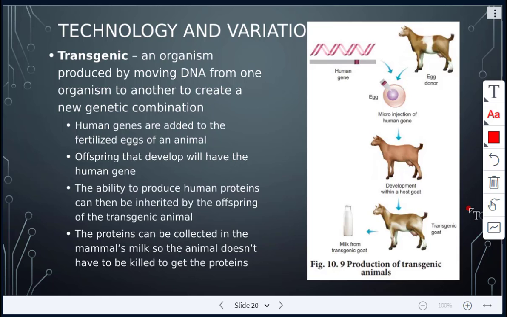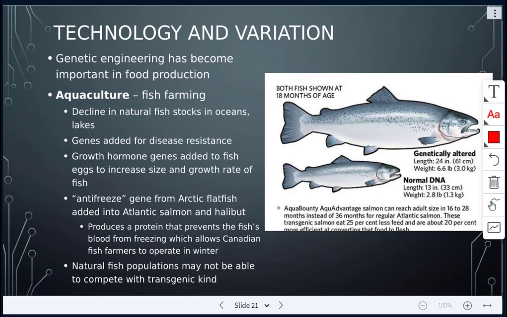So the ability to produce human proteins can then be inherited by this offspring of the transgenic animal. And here, the proteins can then be collected in the mammal's milk so that the animal doesn't necessarily have to be killed to get those proteins. All right, so that is a transgenic animal. All right, next,